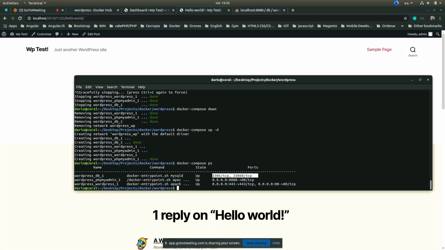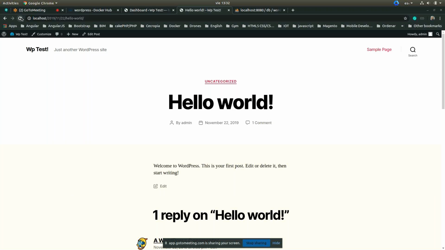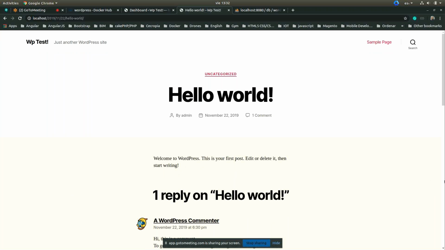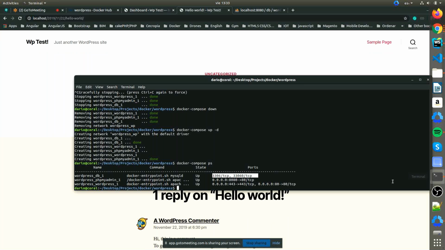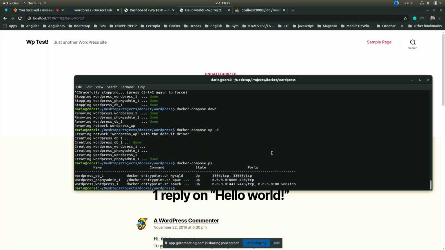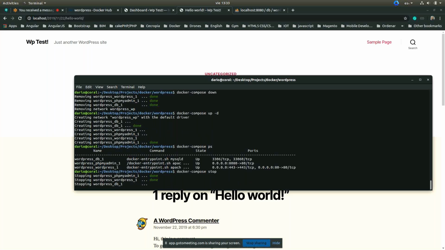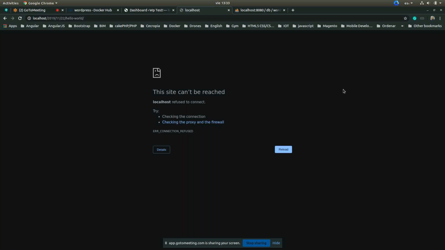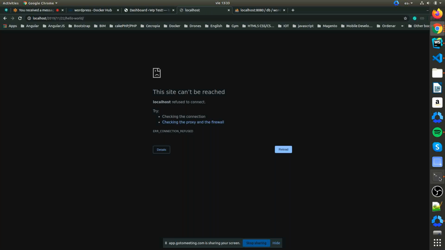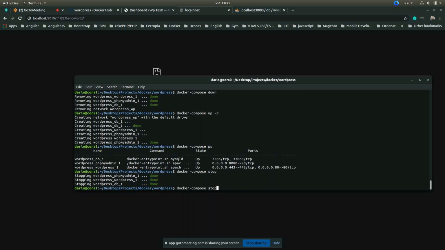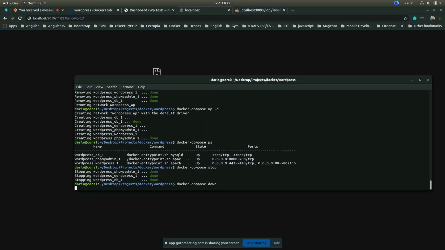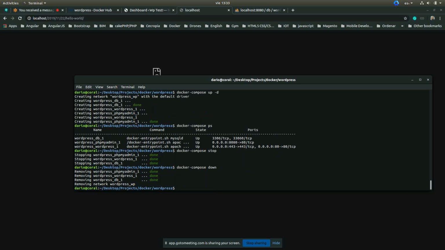If I run this, it shows it is running, and to stop it, I just need to stop. The containers are stopped, so this is no longer working, and finally we can bring down the containers to reclaim space.